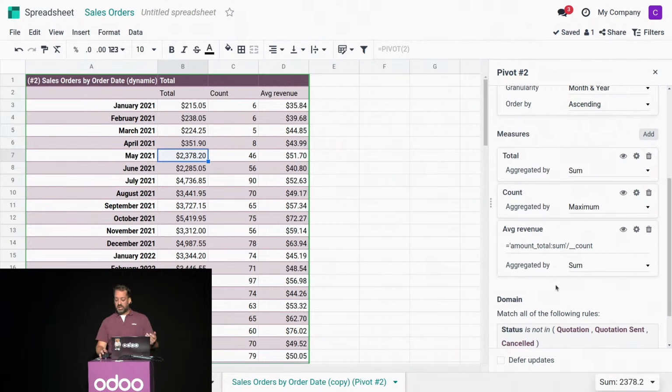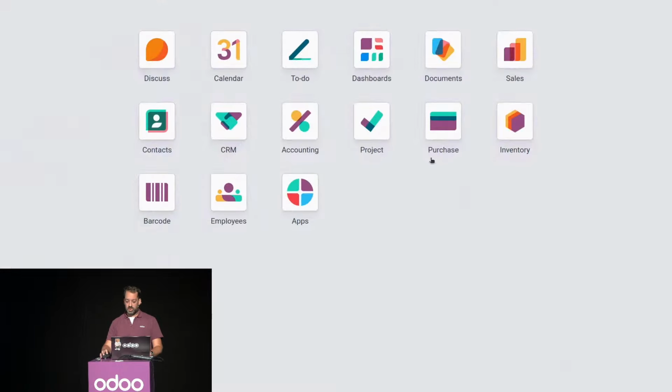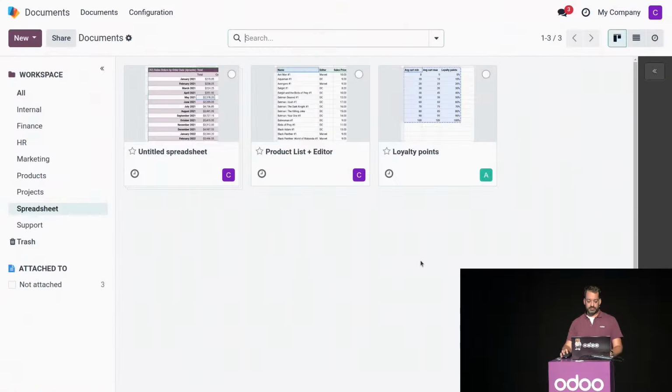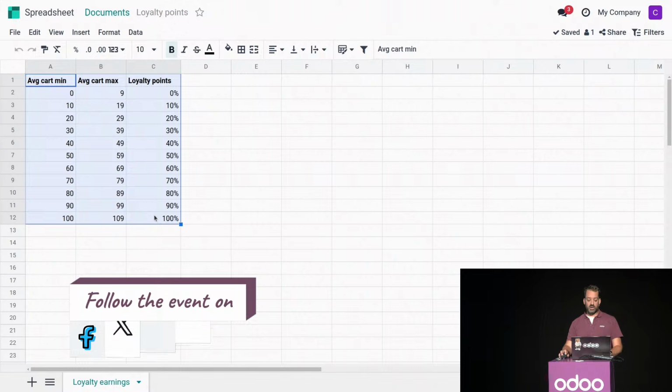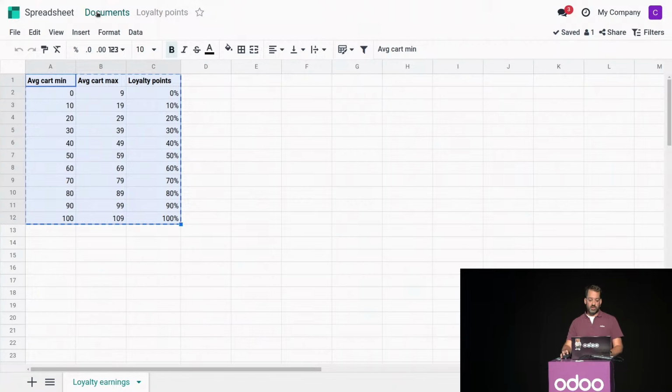But that's not all. In this case, it's an easy measure. I've taken two fields that were already available in my pivot, but I could maybe use data coming from somewhere else in my spreadsheet. So to do so, I'm going to go to Documents. I'm going to open this spreadsheet. In this spreadsheet, I have a percentage to calculate loyalty points I might want to give to my community. So I'm going to copy that,